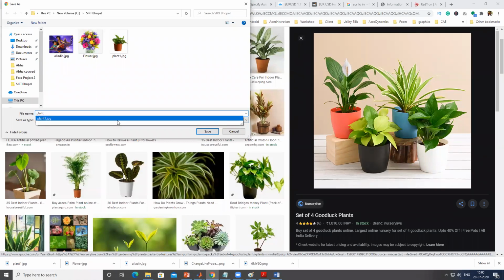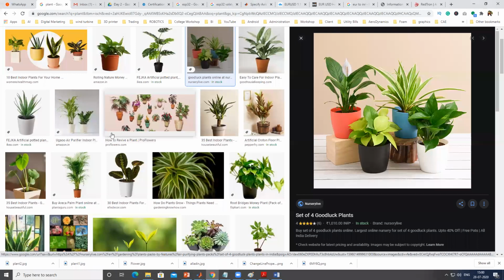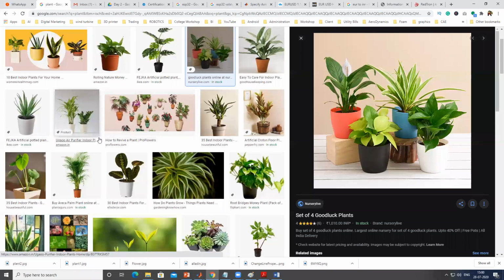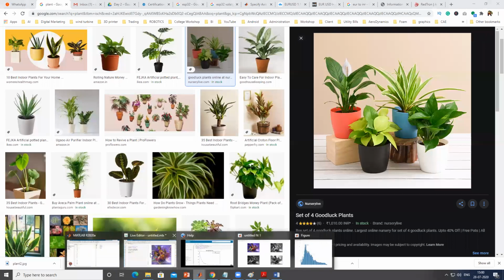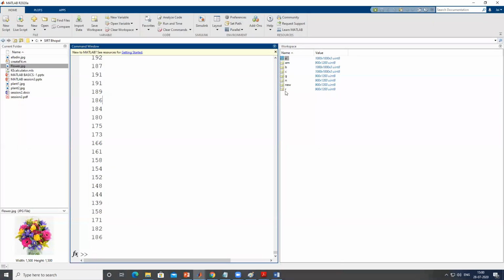With the help of plant2, I make a filter and that will act as a function. Whenever I pass a different image, it should extract the leaf part and eliminate the rest. That is the algorithm we are going to check now.